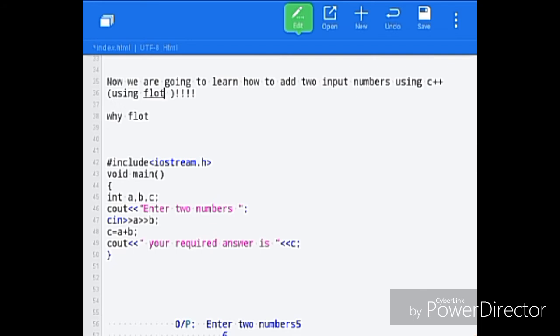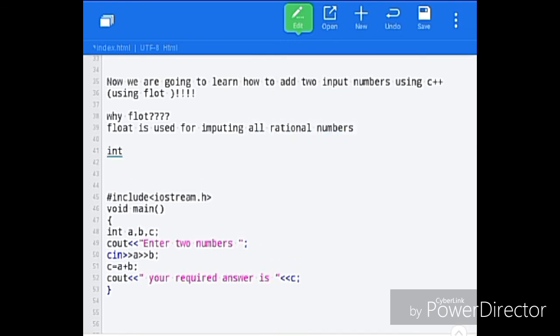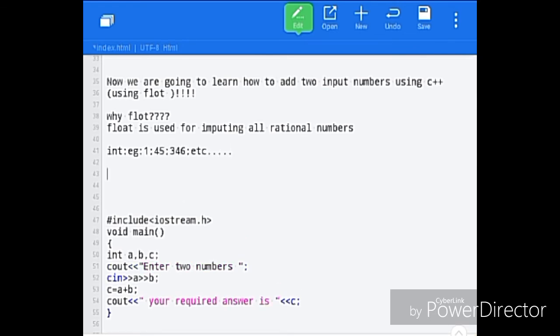The spelling of float is F-L-O-A-T. Don't forget that, I made a mistake. Okay, in integers we can only type 145, 346, etc. But in a float statement, the user can input any decimal that you want. If I give an example, it could be 1.23